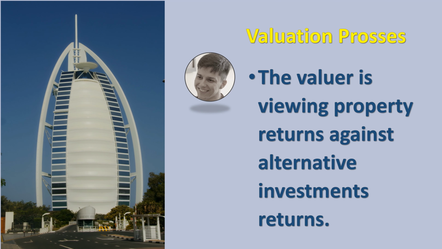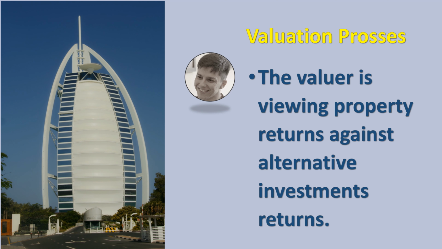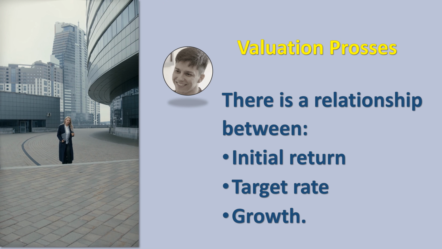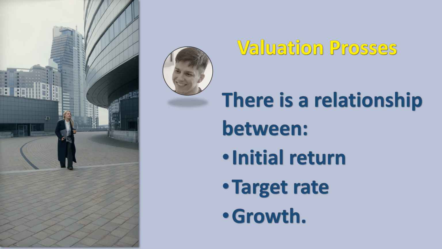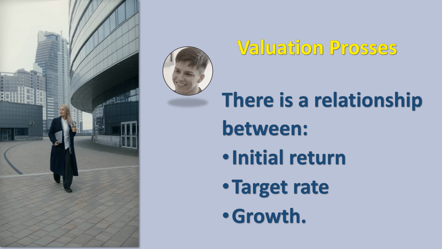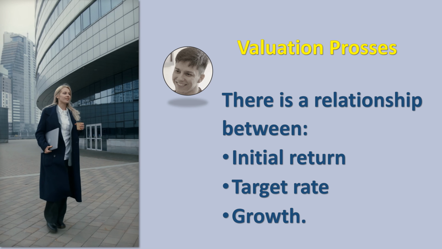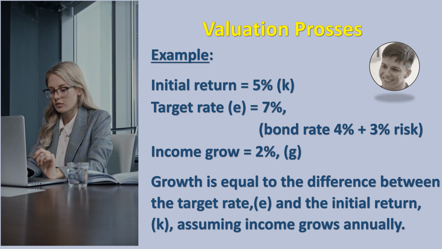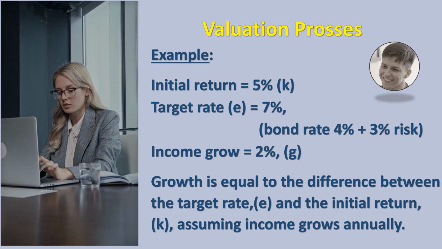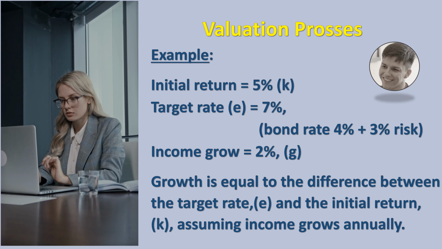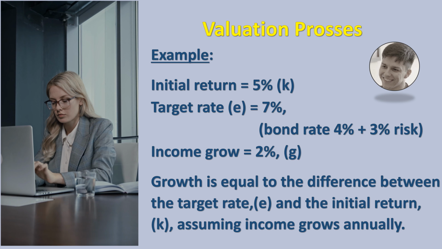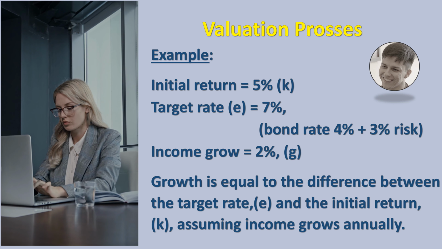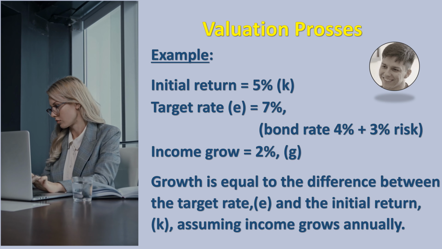In a valuation process, the valuer will view property returns against alternative investments' returns. If an investor is requiring a certain target rate from the property, then there is a relationship between the three variables: initial return, target rate and growth. For example, if an investor accepts an initial return of 5%, but requires a target rate of 7%, bond rate of 4% plus 3% risk, then the income must grow by 2%, g, over the year for the 7% return